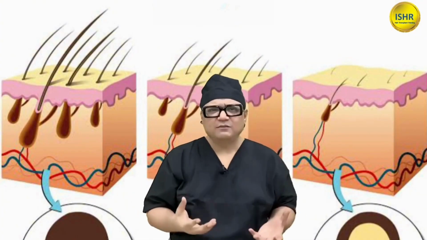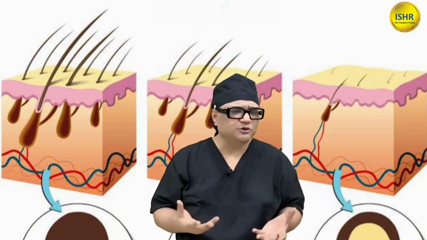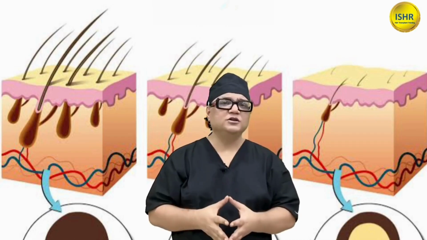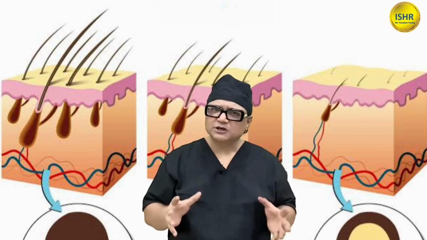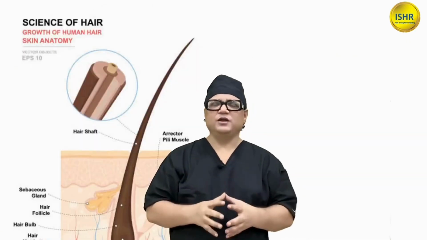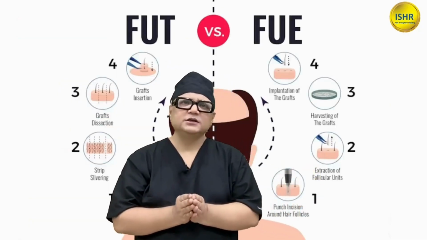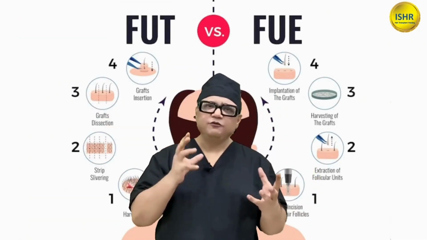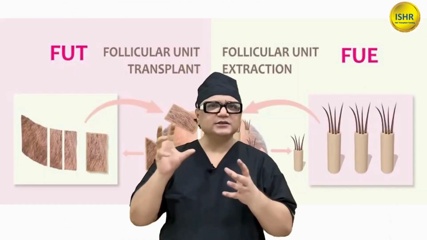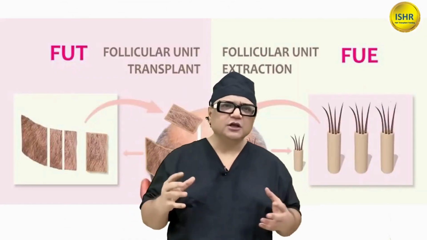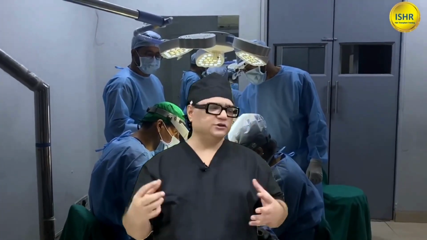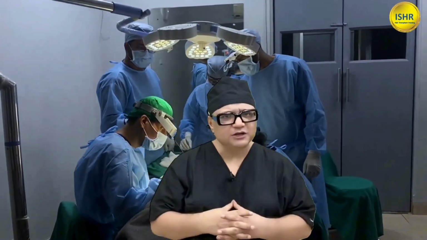So initially you will have a little transection, but as you become a senior surgeon, your transection rate should not be more than 3%. So there will be a whole discussion about the science of hair graft extraction and how to prevent transection for better hair transplant results. We will also discuss comparison between FUE, the new technique where you take out single grafts, follicular unit excision, as well as FUT where you take a strip. Where FUT should be used, where FUE should be used, and where there should be a combination of the two.